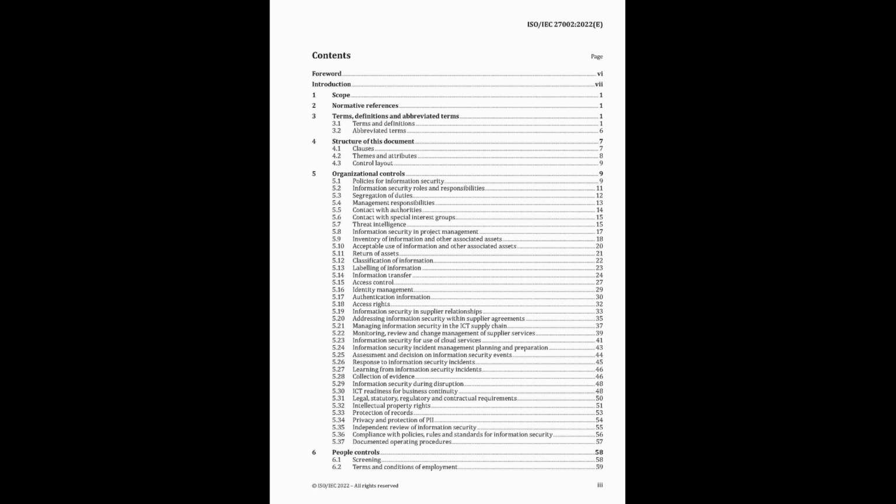Next, 5.11, return of assets, the leaver process. When people change roles or leave the organization, they need to return company assets. This is like basic admin, but there's a security angle, obviously. A big one. Protecting the organization's assets. Laptops, phones, USB drives, security tokens, badges, even paper files. Having a formal process ensures you get that stuff back. Prevents data loss or unauthorized access after they've left.